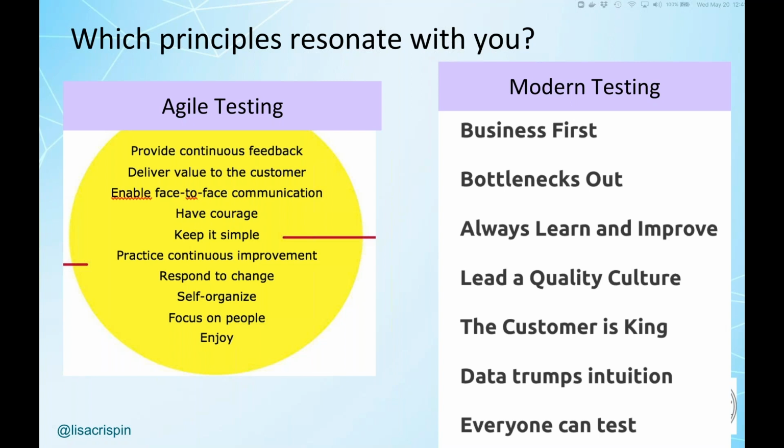I've done a lot of developer tester pairing. Now I can read code to some extent because I started off my professional life as a programmer. But that said, I can't code Java, for example, or JavaScript. So when I pair with a programmer who's doing that, they have to explain it to me. And when I ask questions and they have to explain what they're doing, so many times, well, I'm a good rubber duck, so many times as they're explaining to me, they realize they've done something wrong.